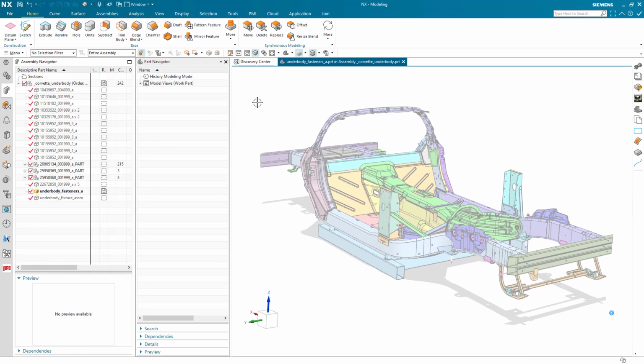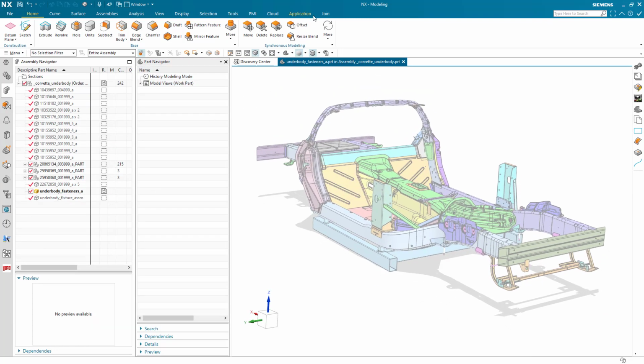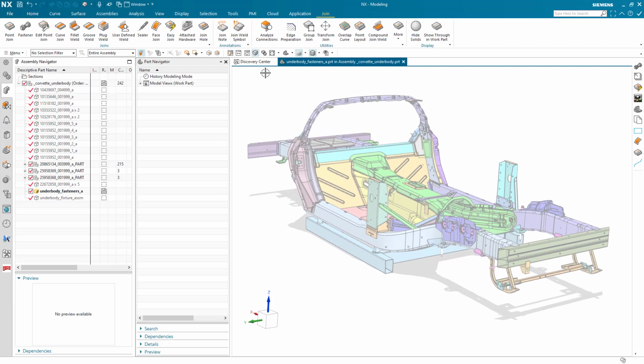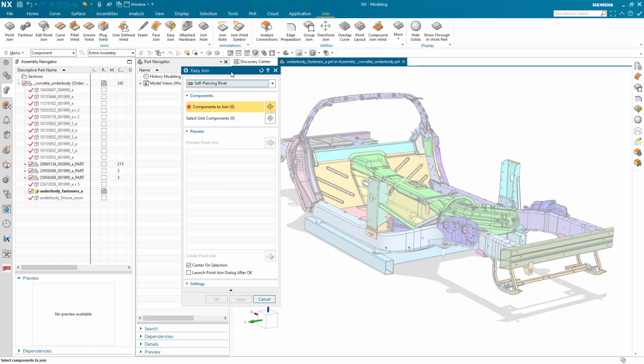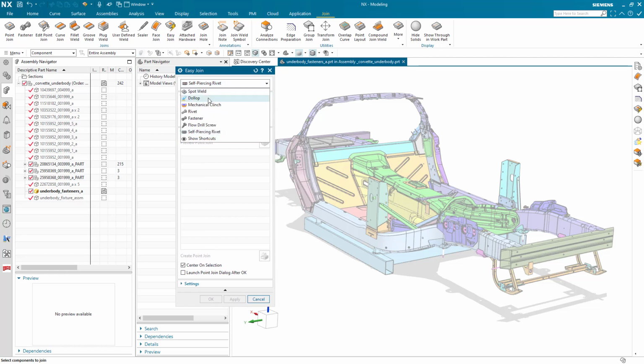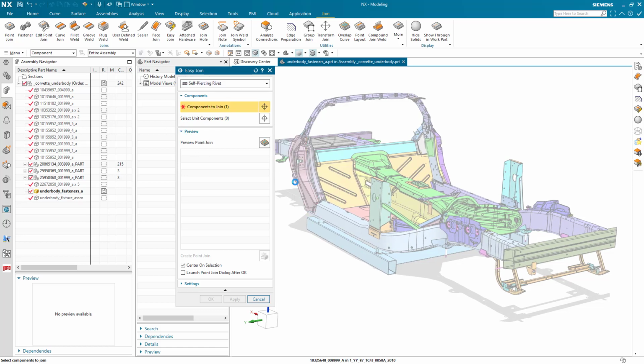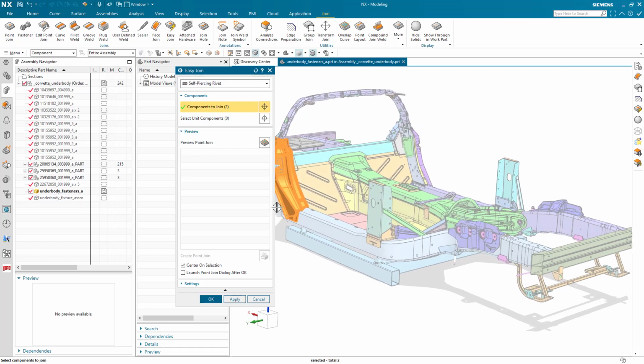So we're going to navigate, make sure our part navigator is open. We can utilize that concurrently along with our assembly navigator. So now we want to access our easy joint. In our easy joint, we have all these different options. We can do spot welds. We can do all these other kinds. In this case, we're going to do a self-fastening,